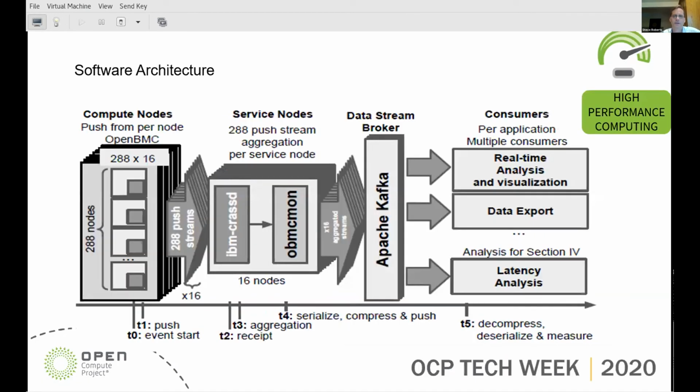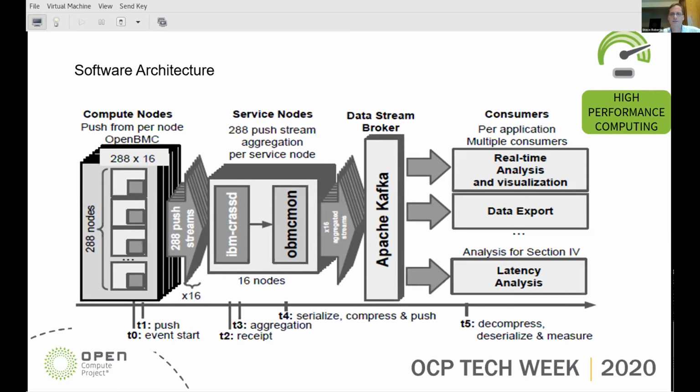So the architecture we came up with is represented here. Oak Ridge's contribution is really from the interface between the OpenBMC or OBMC monitor and the Kafka data stream broker. So Oak Ridge really invented the stuff on the right-hand side of the diagram, and that's based off of their requirements, and they had 4 or 5 different teams that study this data on these computer systems, and so they